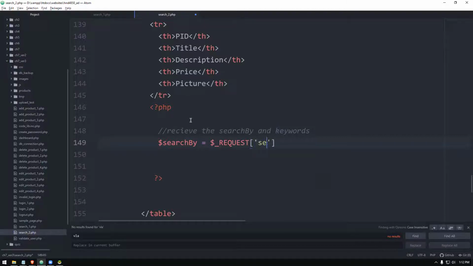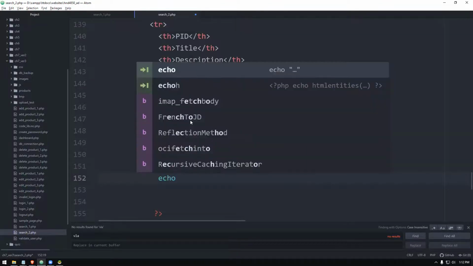Request array, search by. Then I will take keywords. Again from the same thing, but this time keywords. I have taken those two values, right? For your simplicity, for your reference, I will print them and show you.